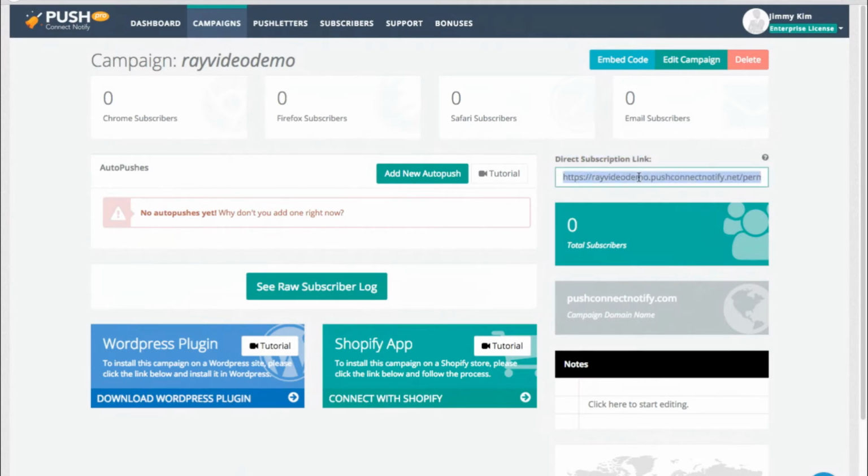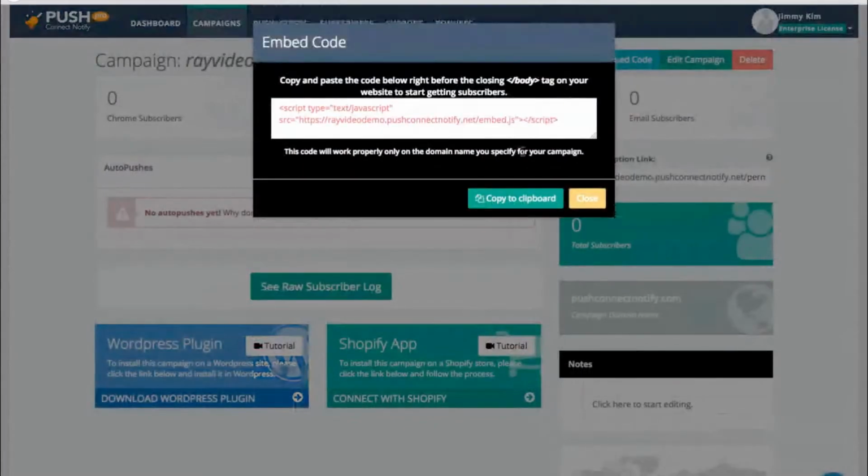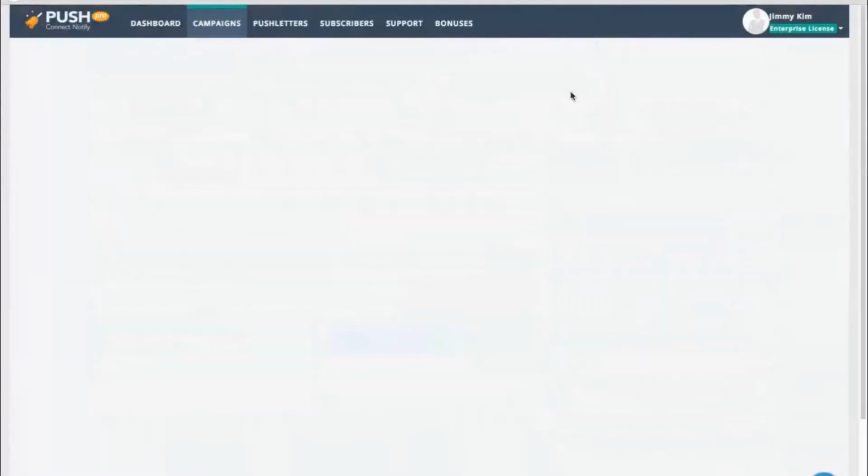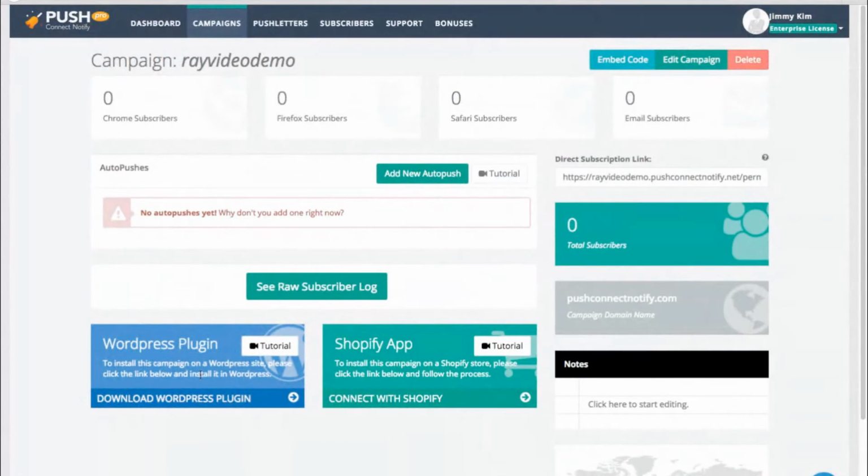You can use this and paste it and send it as an email, put it on social media, whatever it may be, and it would pop up that box on their computer just by clicking on that link. Or you can check the embed code, this little one line of code that you're going to place on your website. And then last but not least, you have 2 apps that we're giving away right now: a WordPress